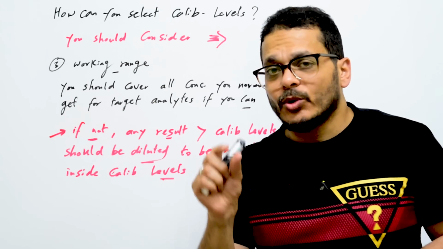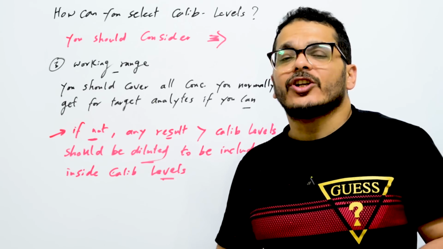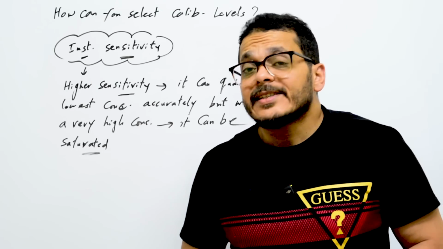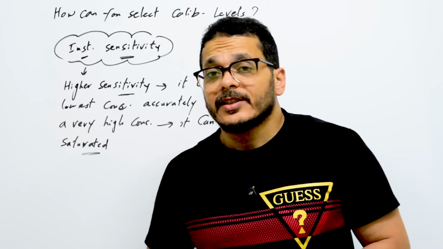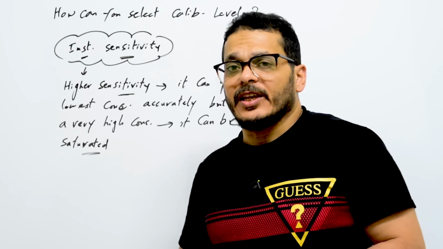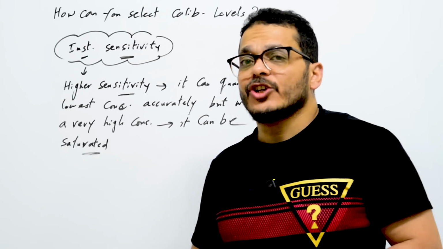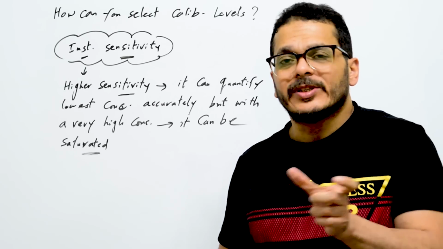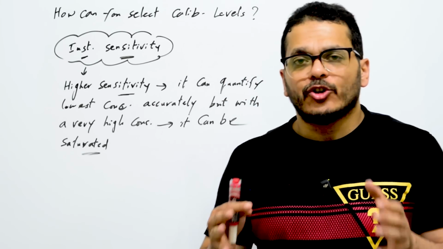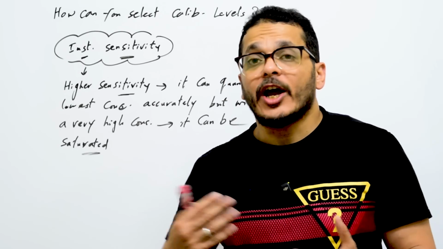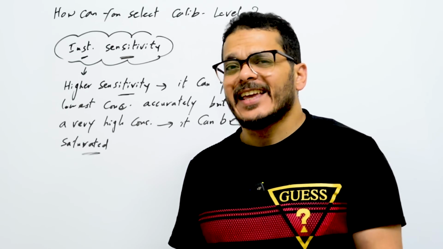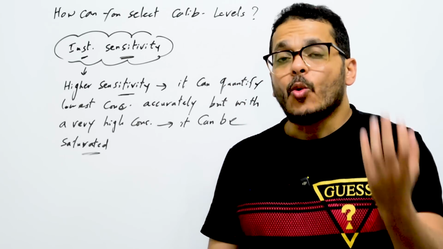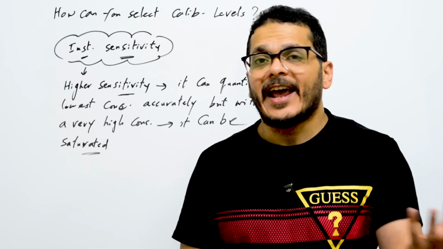So any result you will get should be inside calibration levels to be measured. Instrument sensitivity is a very important point because it affects everything. When you select the calibration levels, you should take care of instrument sensitivity. If your instrument is new and highly sensitive, in this case it can quantify the lowest concentration accurately,